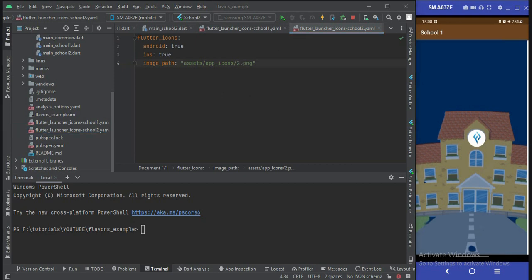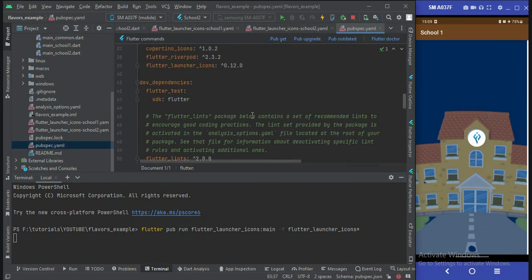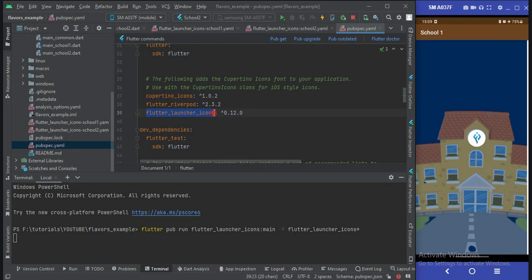Now after that you need to run the code: flutter pub run flutter_launcher_icons, that means the package we are using here, flutter_launcher_icons, and we are running flutter pub run with this package,